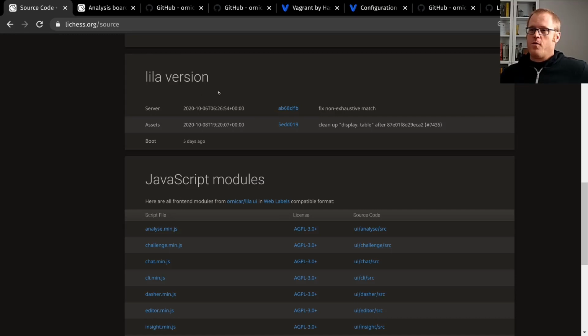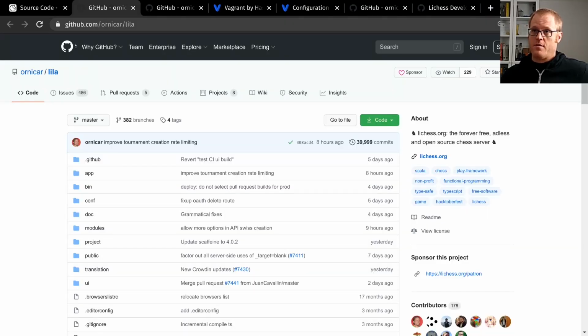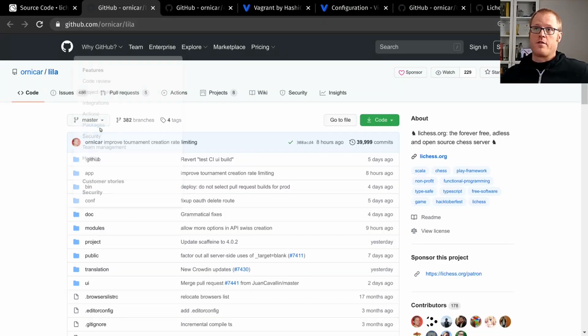Okay, so going back to this is important because you can understand that Lichess actually uses one thing that's slightly different about development of Lila: most development happens in this master branch here. And in fact, I shouldn't say most development happens in the master branch. A lot of development happens in branches and then gets merged into the master branch, but sometimes the master branch